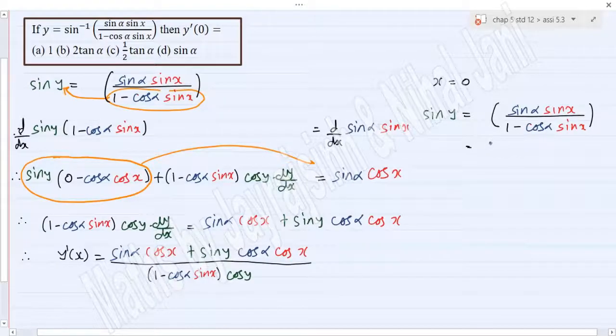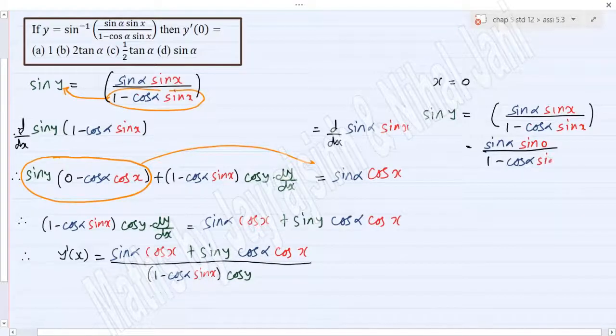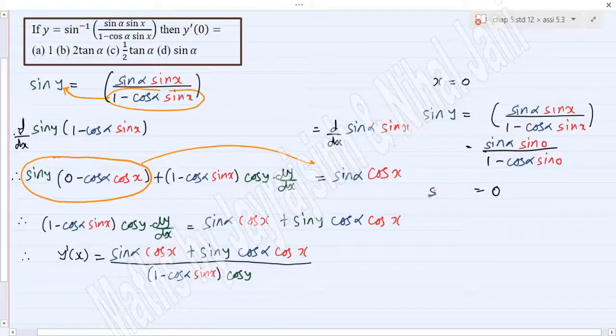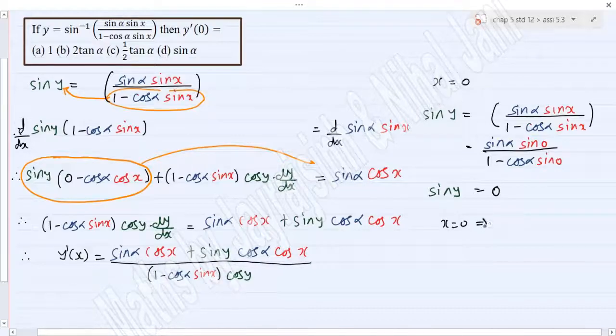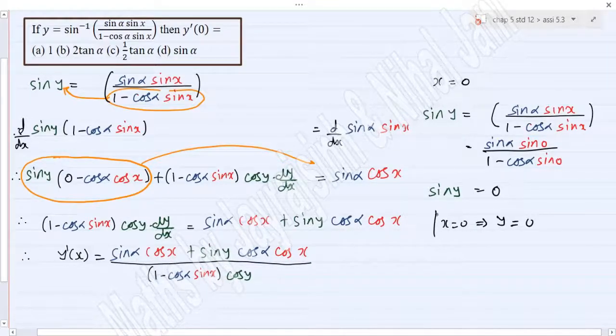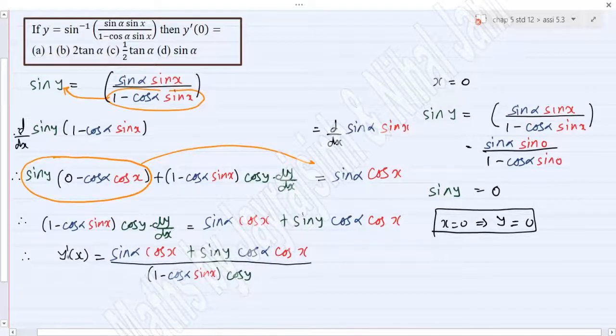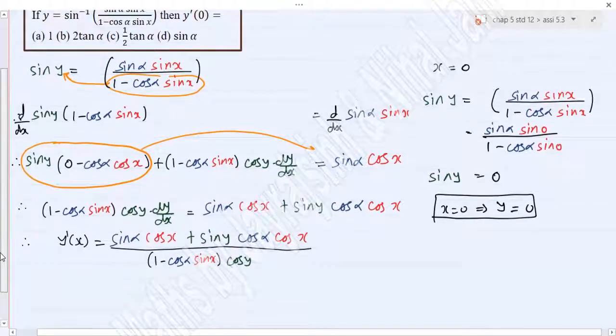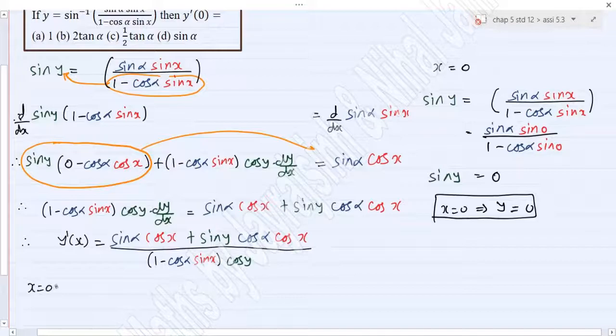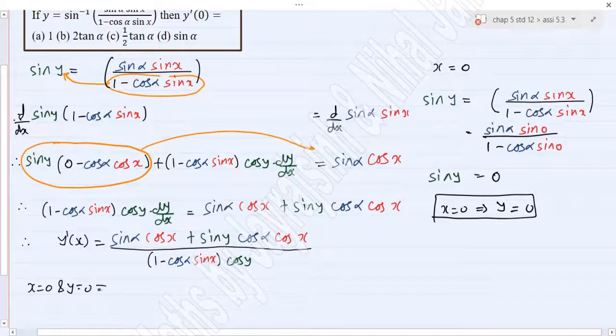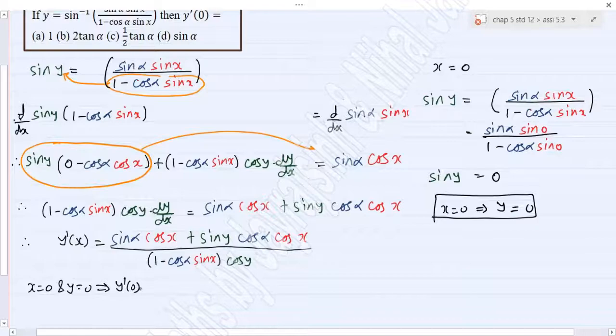So we will get sine alpha sine x, or we can say sine 0, upon 1 minus cos alpha sine x, or we can say sine 0. The value of sine 0 is 0. So here we get sine y is equal to 0. Here we get, when x is equal to 0, the y will also be 0. Let's use this condition to get y dash 0 by putting x is equal to 0 and y is equal to 0. So here we get y dash 0 is equal to